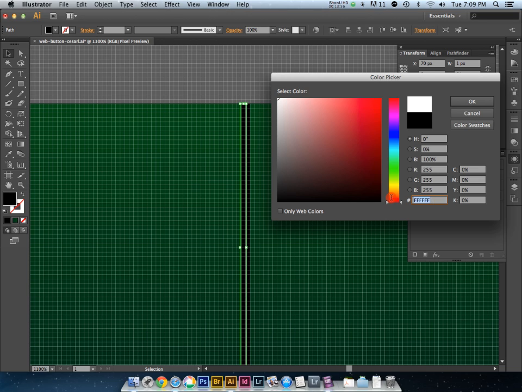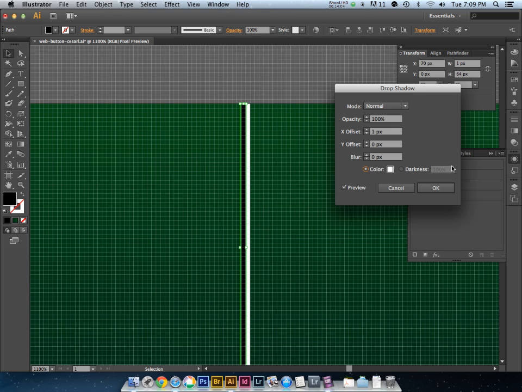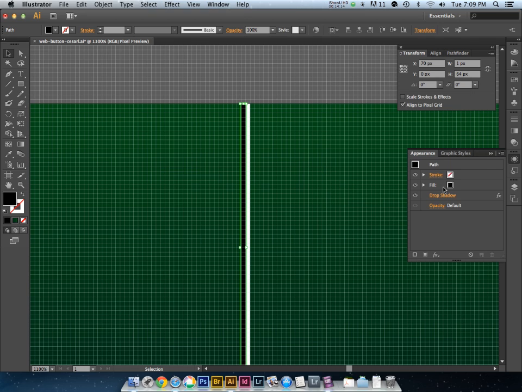And then in the world of web, FFFFFF is the color white. So I'll click on OK now, and you notice that my drop shadow actually becomes a highlight. And we'll click on OK in the drop shadow dialog box,